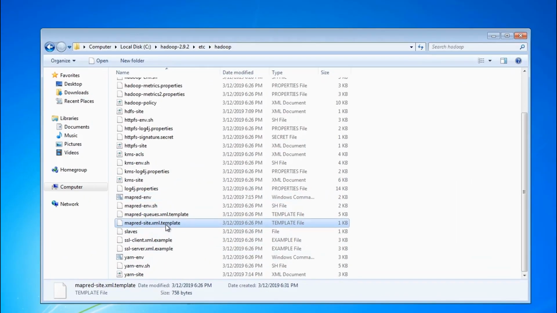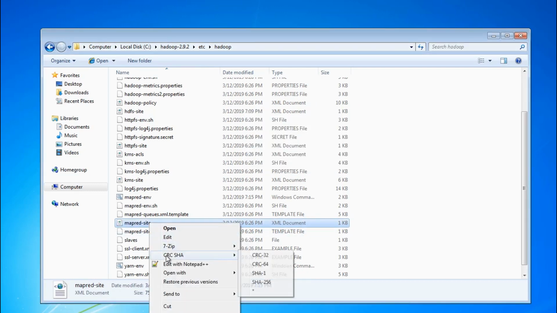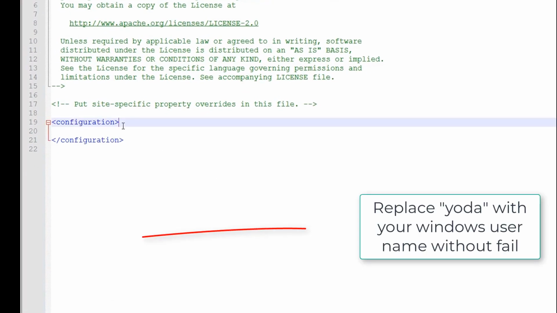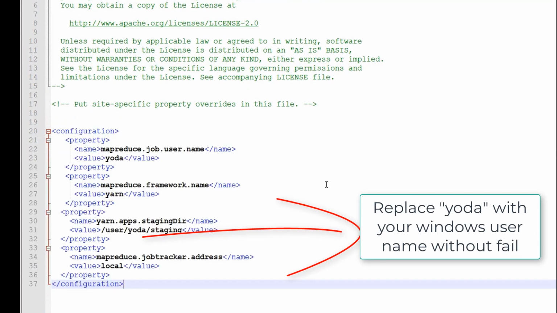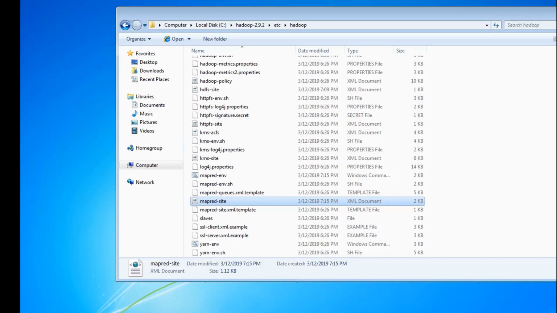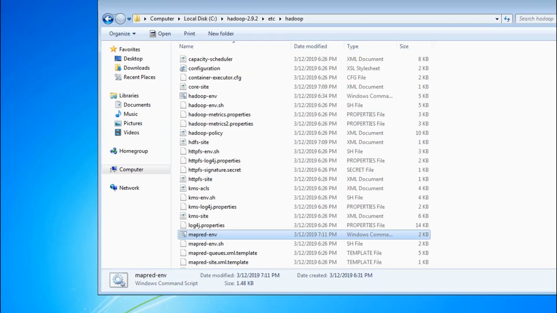Just copy the mapred-site.xml.template and rename it to mapred-site.xml. So this is the configuration. It looks good. Let's make changes to yarn-site.xml.